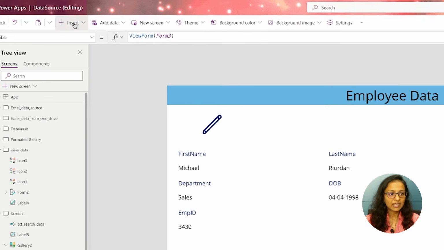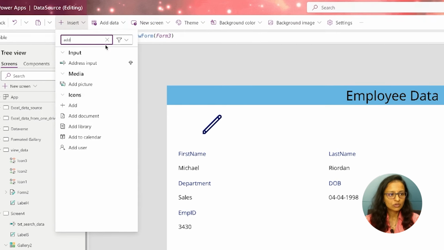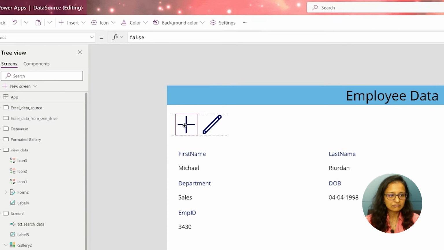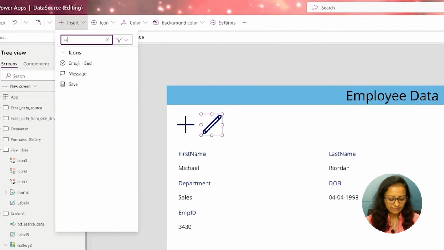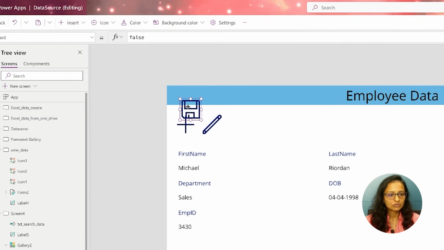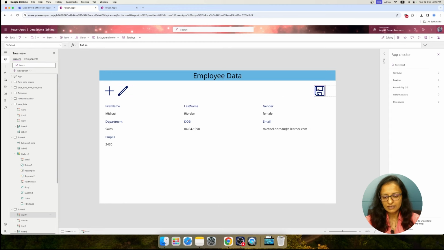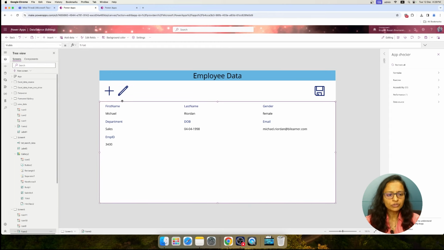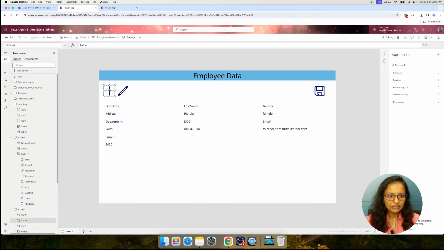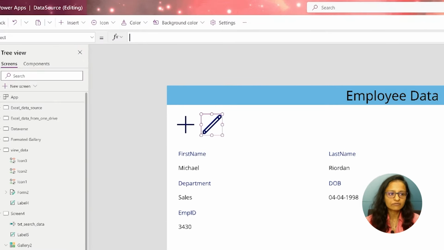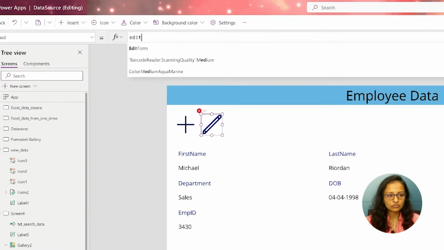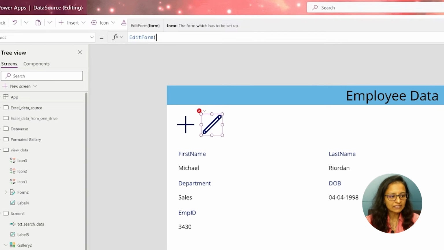And if you want to add a new record, you need to click on add, and here you will be able to see the add icon also. And for saving the records, you need to click on save. Then click on the edit icon, and here you need to convert that form into an edit form. So you need to write edit form and the name of